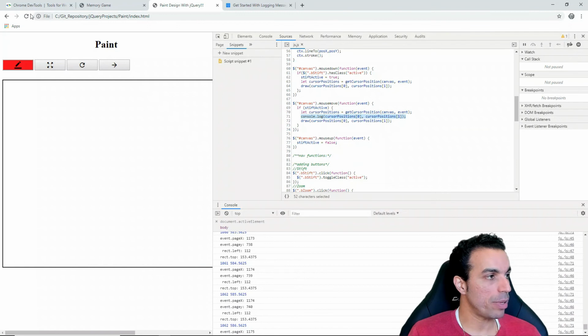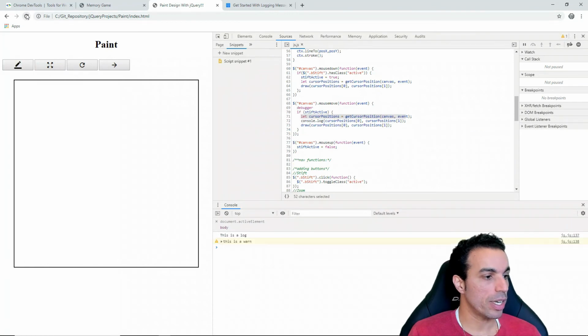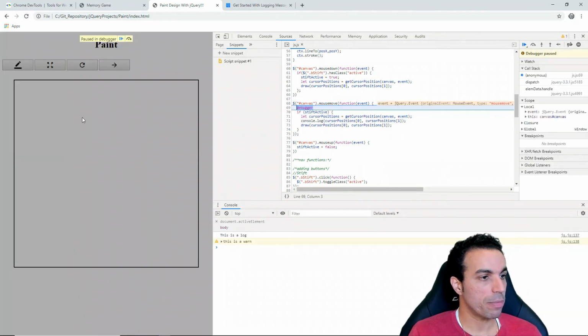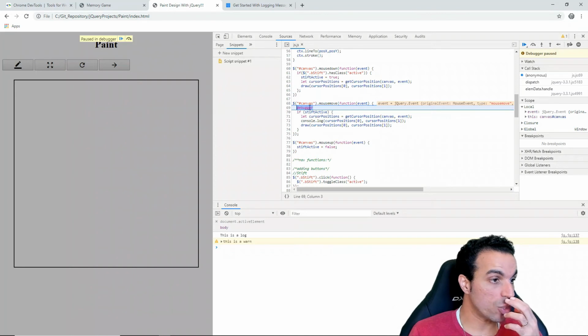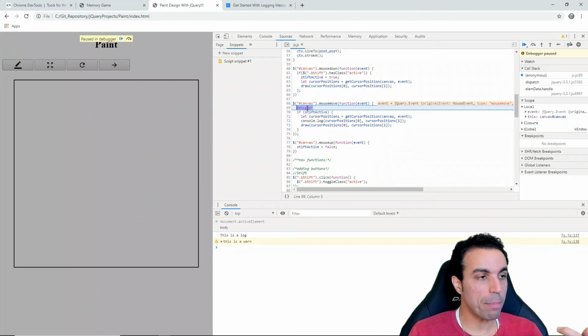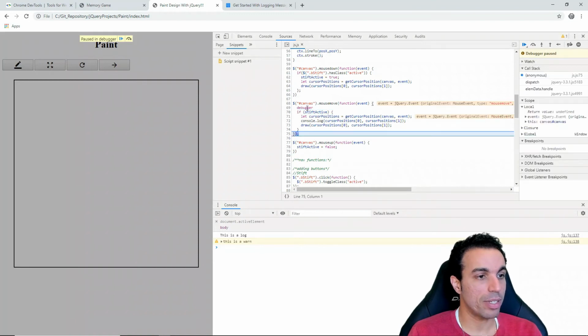If I refresh the page and move the mouse, it goes directly here and stops here, and I can go step by step pressing F9. I can debug step by step what is happening with everything, or I can press F8 to finish executing this code. At the same time that I'm debugging here, I can access the elements of my DOM in the